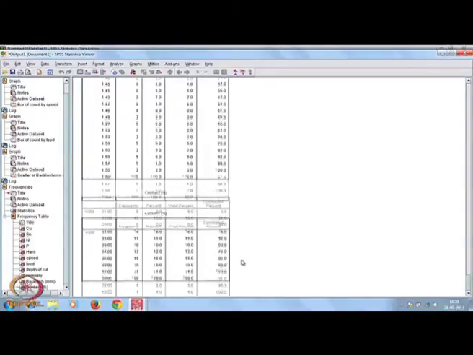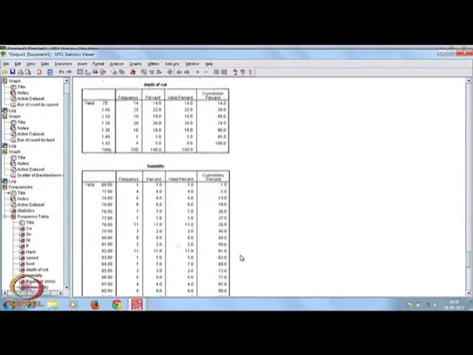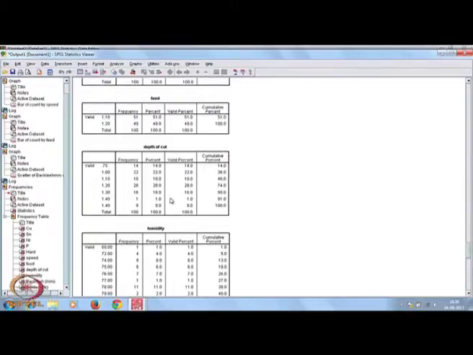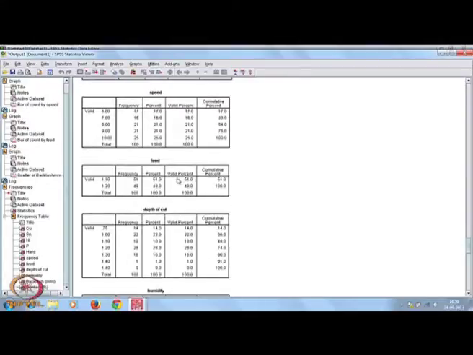For example, these are all humidity values, but depth of cut is measured on a 7-point scale, probably 1, 2, 3, 4, 5, 6, 7 different categories, 0.75 to 1.40. For this it is meaningful because different cells have different levels of frequency.